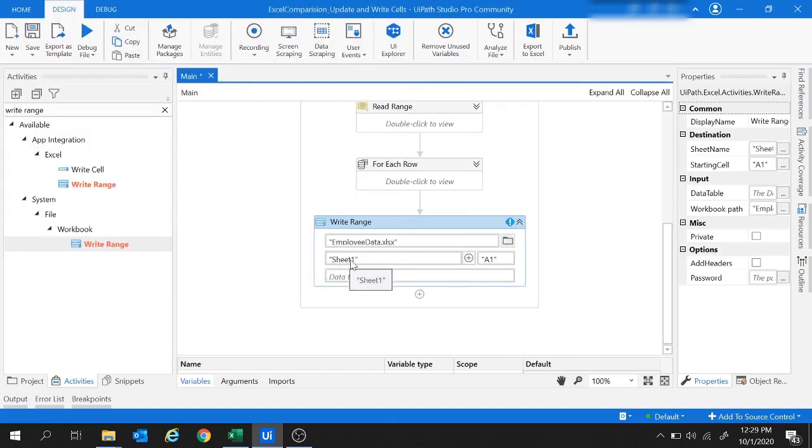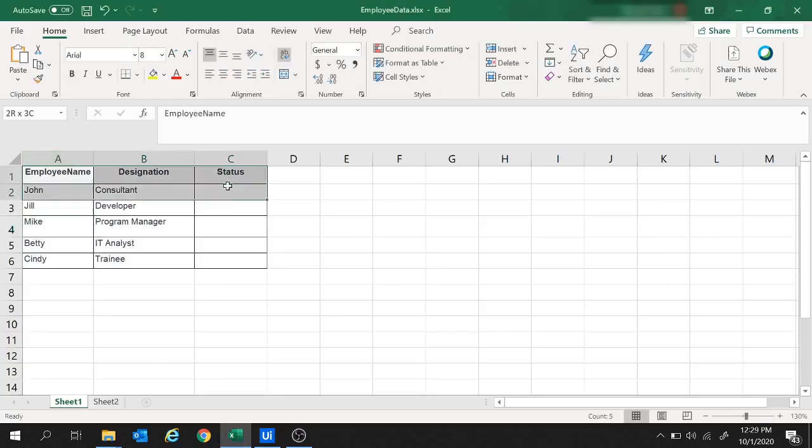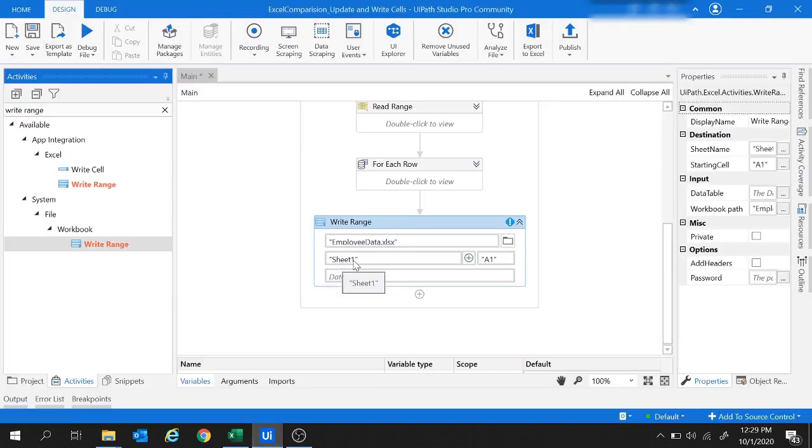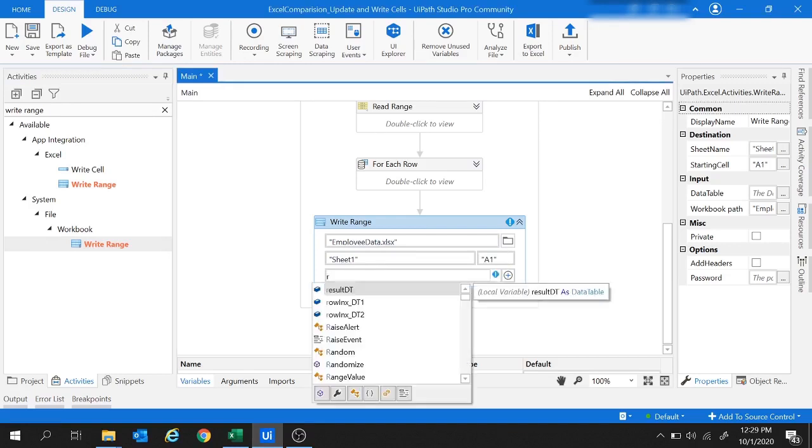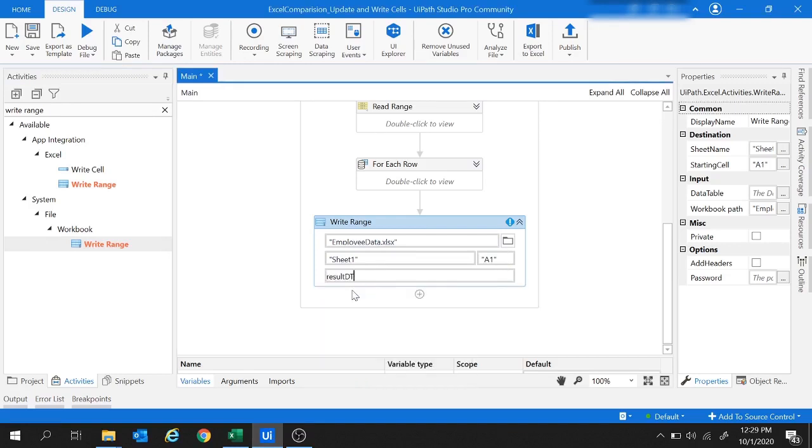We'd like to write inside Sheet1; the values which are present as of now will be overridden by the result data table. So I'm going to provide the sheet name as Sheet1, start writing from the A1 cell, and here it will be the result data table. Since the data table also contains a header, we'll go with this checked option.